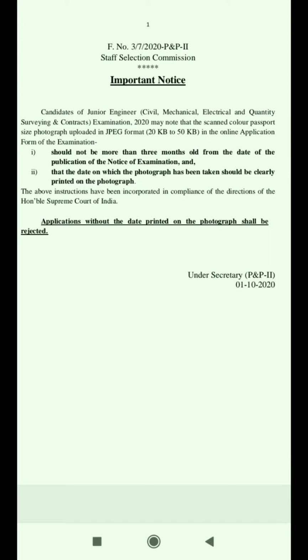That means the date on which you take the photograph is printed on the photograph clearly, otherwise your application is rejected. At the end they give this point also: your application without the date printed on the photograph shall be rejected. So be careful, friends. Take a new photo with the printed date before applying for the examination.